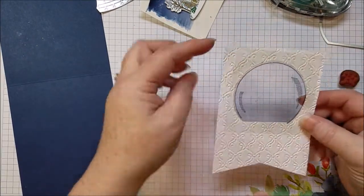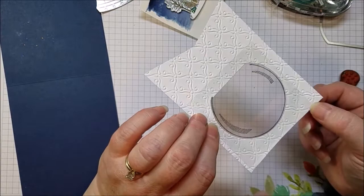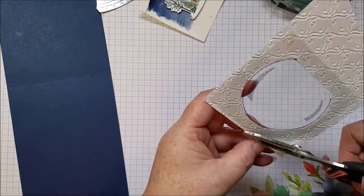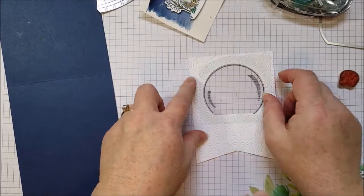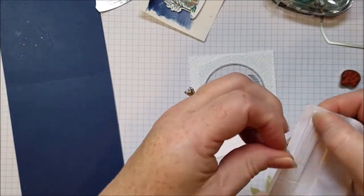There you go. Now if any of your window sheet goes above your banner piece, just trim that off. I think I cleared it maybe in the corner here just a little bit. That can come off. There. Okay. And then you want to take foam adhesive strips, that's these guys, and go around